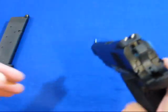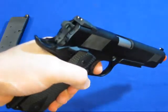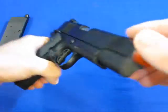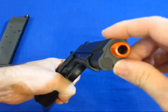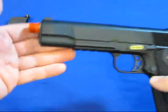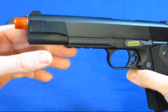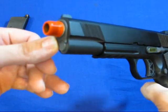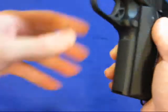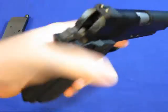It's got the fixed sights, so you can get the sight picture in there. It's a pretty tight feel to it. It's not too sloppy. There's a teeny bit of movement in there, but the standard 1911 real firearm is a bit sloppy itself. It's got the rail system, as you can see, the forward slide serrations. This one does have the bushing like the standard A1, with the scalloping on the side here. It's got the checkering in the front as well as the rear of the spring housing, beaver tail grip, ambidextrous safety,